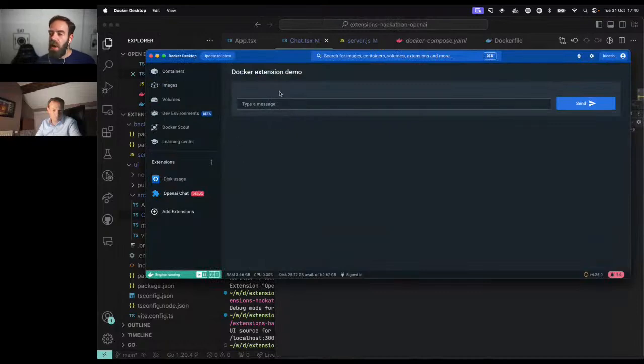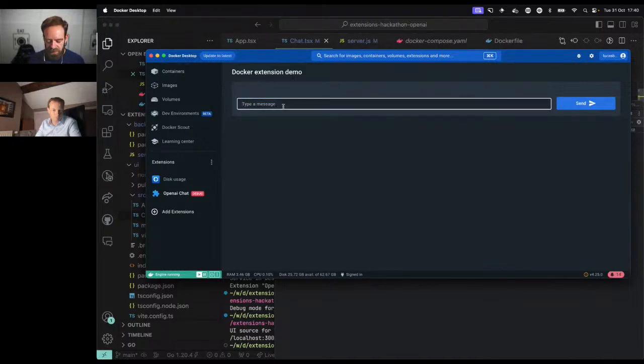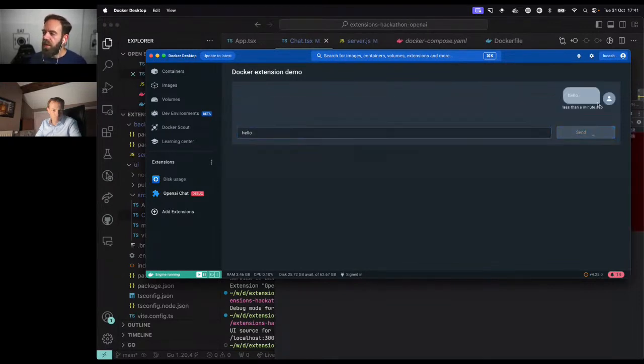Awesome. And now what I see here is I don't have an initial message because that has changed. And we're now getting the message directly from the database. And I can type again, hello. And this is going to query ChatGPT, and store that hello message in the database. The response that is coming here in a few seconds is going to be stored in the database as well. And we can navigate away and back, and we're going to be able to see it.